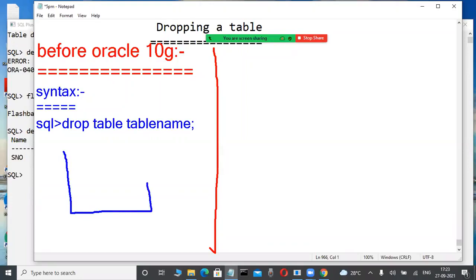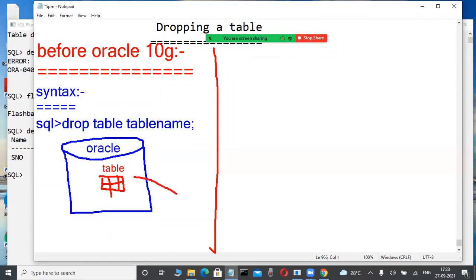Whenever we use this, diagrammatically it is very easy. Suppose here is a database, for example the Oracle database. Here on the Oracle side, the recycle bin is not there. Now check it out. Here is a table, for example. Whenever this table is dropped, it is permanently removed in olden days. Really, some fellows are telling permanently removed. Correct. Before Oracle 10G, permanently removed. Correct. But unfortunately, now in Oracle 10G onwards, enterprise edition onwards, they are giving one solution,